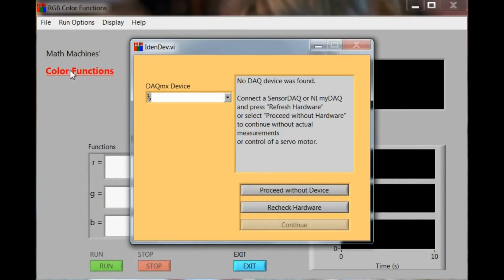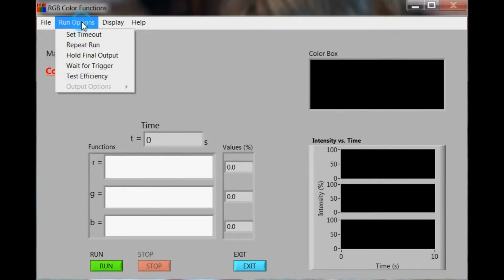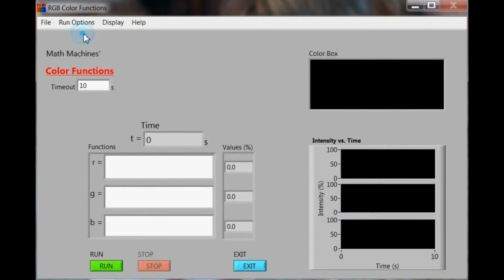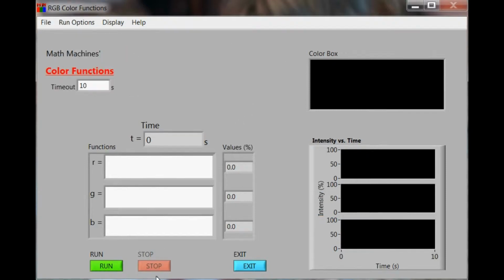I'm going to run the color functions program. Don't use the device for this, since all we care about is the on-screen display. Set a couple of runtime options. One is to make a timeout, so the program will stop after, in this case, 10 seconds. And we're also going to hold the final output to give us a little bit more time to look at